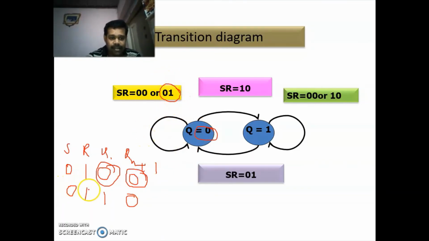Next S is equal to 0, R is equal to 1, and you are in state 1. S is equal to 0, R is equal to 1. So where is it going? It is going to state 0. So this one, it is going to state 0. Similarly,